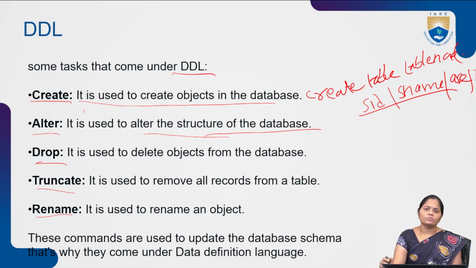For example, we forgot to give the constraints when the table is created. The same we can do by making use of the alter command. By making use of the alter command, we can add the constraints to the table. Whenever you are using the alter command to apply constraints on the table, we have to check the data, whether it is violating the constraint or not. If there is no data, then directly you can add it.